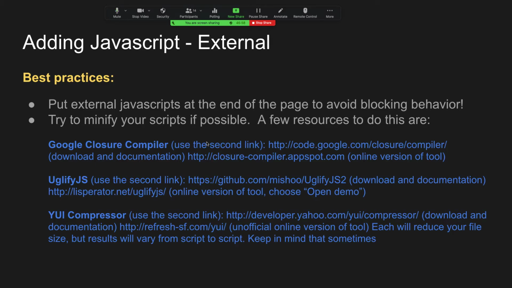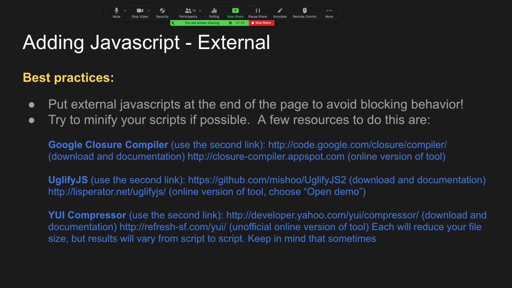Now again, it's best to put external JavaScript at the end of your page because you want to avoid blocking. So if you link to a script that's out on the web somewhere, make sure you put it at the very bottom, because you've got to think when the page loads top down, what's it doing? It hits your CSS and it grabs the CSS out of your files and pulls it in. But if you have an external JavaScript that's way out there on another site, now you've created a blocking